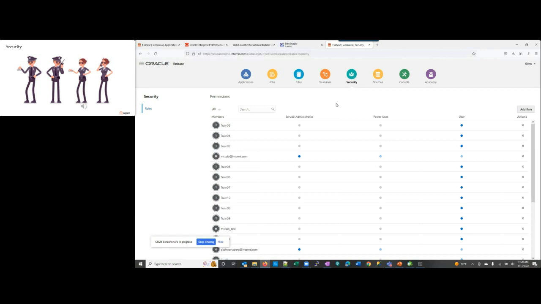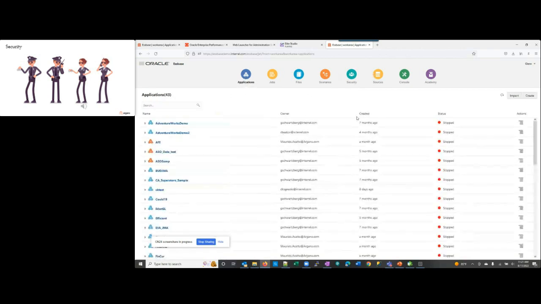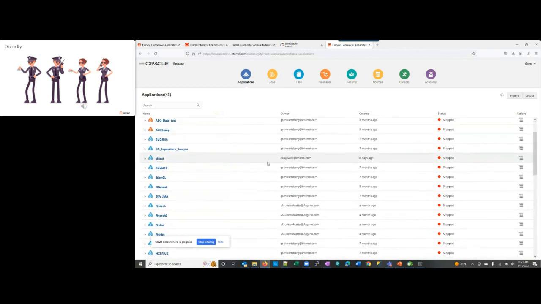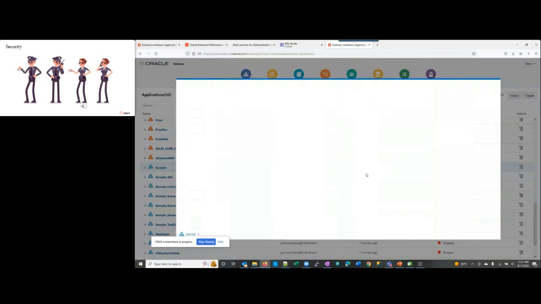I can't put native users in external groups or external users in native groups. That is the one limitation of WebLogic Security. Now, once you have the security set up at the server level, then you can go into an application and you can grant